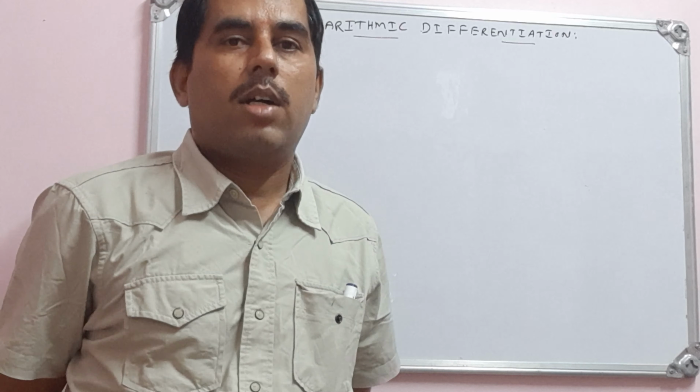Before going to this concept, in our previous video classes we noted down all the properties of logs. What are the important properties of logarithms? Log of mn to the base b: the log of a product becomes the sum, log m plus log n. The quotient, log m by n, becomes log m minus log n.